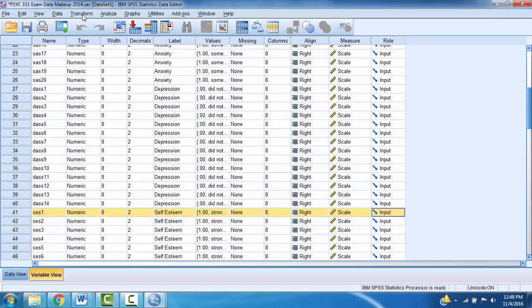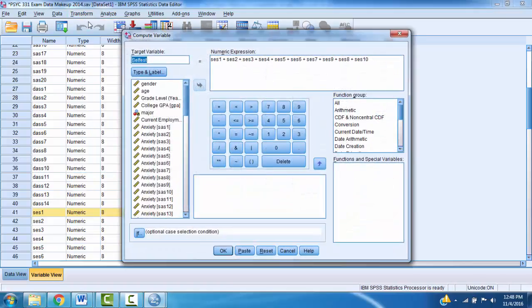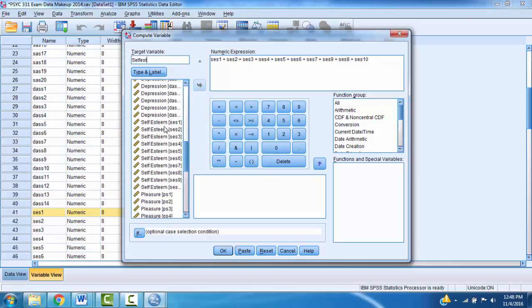So to create the self-esteem variable, you go to compute and you want to give it a name, self-S. It only allows you to have 8 characters in the name, and you need to put all of the items from the self-esteem up here separated by a plus sign. So it'll look like this. So in order to do that,